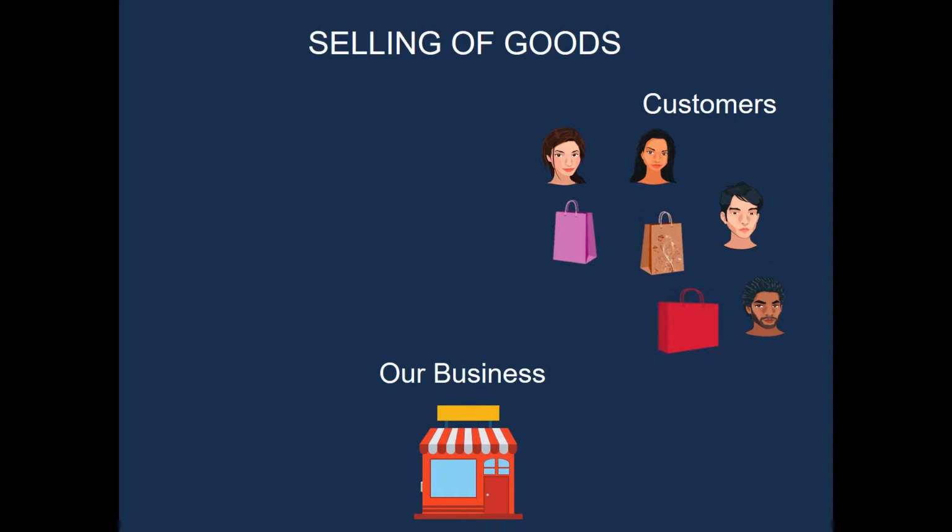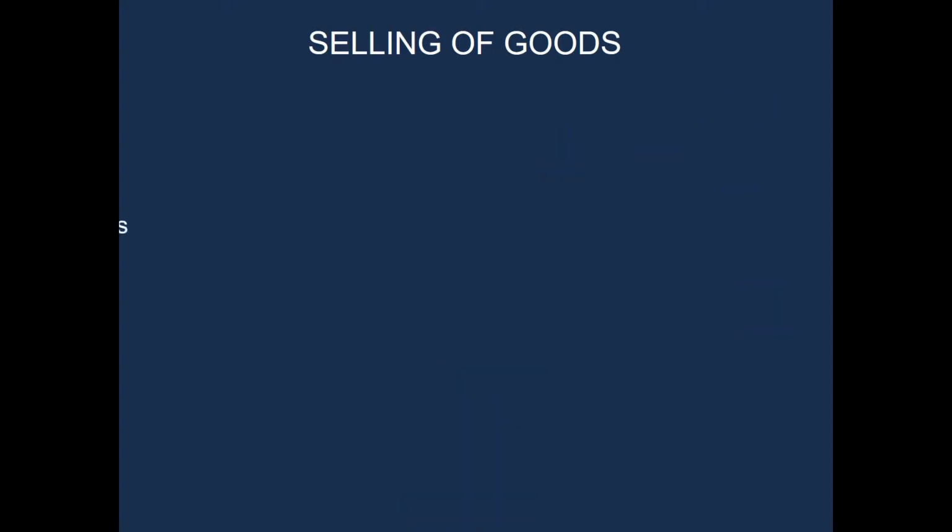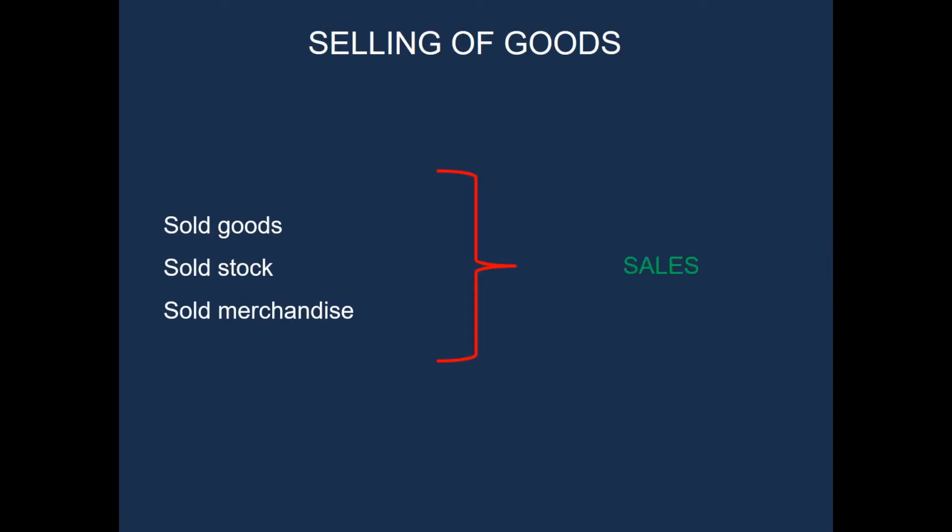We as the business can accept payment not only in cash but also with debit card or credit card. We can accept payment from an EFT. Also, customers can buy from us on credit, which means we sell them the goods on credit. They'll take the goods now and pay us later. Now when you hear the words sold goods, sold stock or sold merchandise, you must immediately think of the account